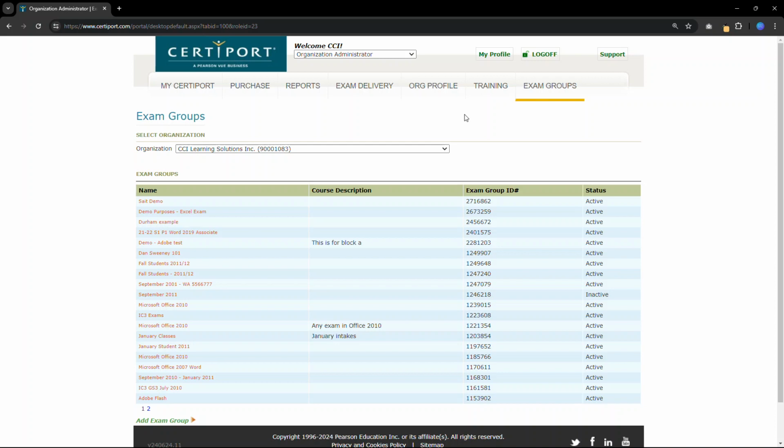Now, just a clarification, exam groups are a way of filtering your students from the rest of the group of your center. So if you're running a certification exam, you can create an exam group, which you can give whatever name you like. It will produce a number, and your students will enter this number when they're first starting their exam. When they do that, you will have the ability to get a report on only your students. So you don't necessarily have to see all of the students in the testing center,